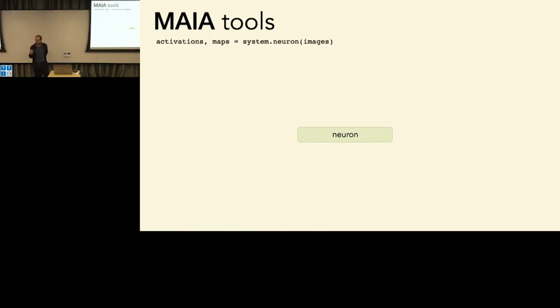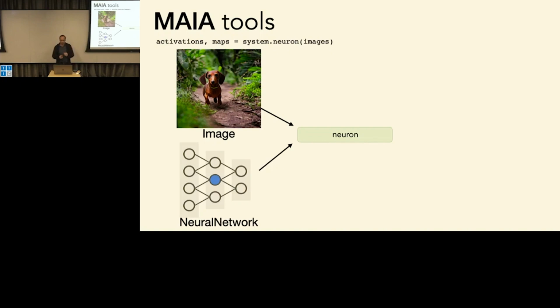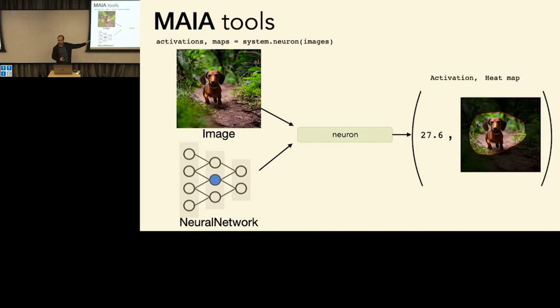So here are some of the tools that we use. One of them, a very important one: you have a neural network, and there is one neuron that you want to know how it works. So you can take just one input image, you indicate the index of the neuron that you care about, you run it through the system, and it will output just the activation of that unit and the heat map. What is that unit selected for in the image? So this will be one tool. It's one tool that allows the agent to actually interact with the neural network and get an answer about what happens in that neuron when you pass a particular type of input. I'm going to show all the examples in the visual domain, but this could also be language.